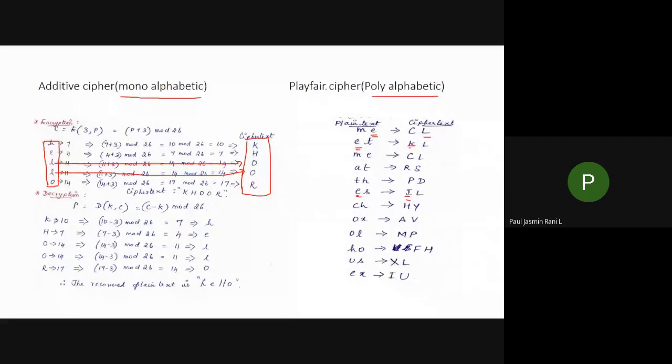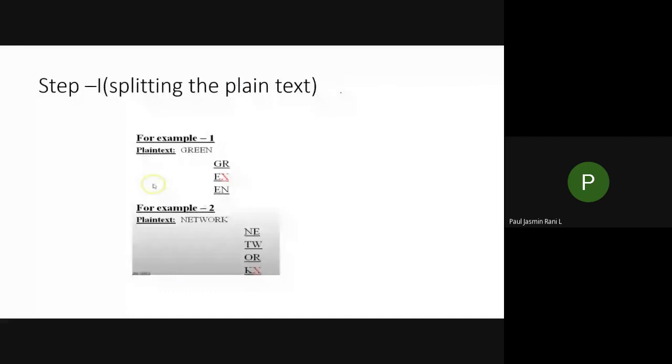Okay, so this technique has been applied in the Playfair cipher, and we call it a polyalphabetic technique. It is very difficult to track, because for each letter you will have different alphabets substituted, so it is very difficult to get back your plain text. So next, let us enter into this problem.